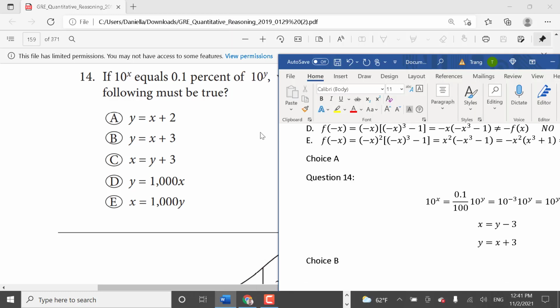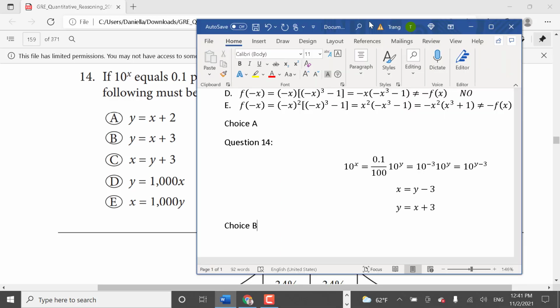See that 10 to the x is 0.1% of 10 to the y. That's why we write the equation 10 to the x is equal to 0.1 over 100 times 10 to the y. And then 0.1 is 10 to the negative 1, divided by 100 is 10 to the negative 3. So we have 10 to the negative 3 times 10 to the y. And then this is just a multiplication of two